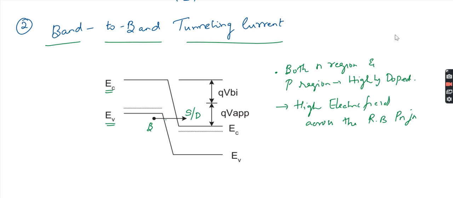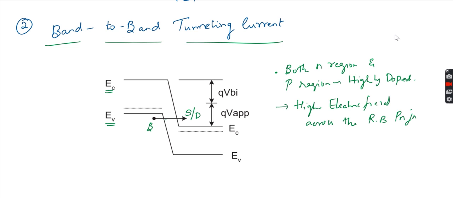In simple terms, in your MOSFET, if you are reducing the oxide thickness, we are talking about deep submicron. As the length gets reduced, the oxide, that is nothing but your TOX, becomes smaller and smaller, very thin. Below that you have the source and drain. Then a high electric field will be applied across the reverse biased PN junction, because that is a reverse bias. When you apply more and more electric field over there,